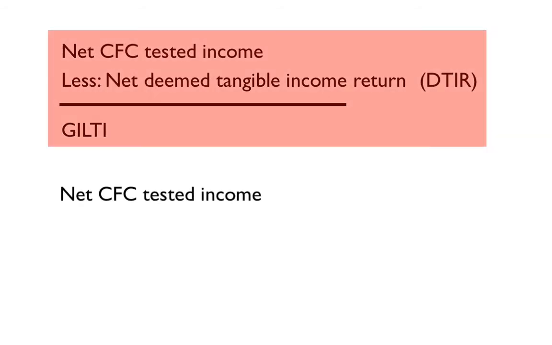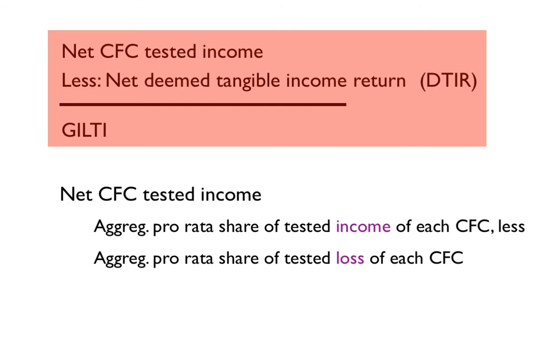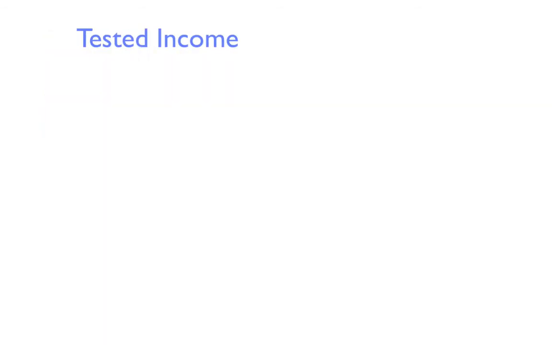Net CFC tested income equals the U.S. shareholders' aggregate pro rata share of tested income of each CFC, less the U.S. shareholders' aggregate pro rata share of tested loss of each CFC. If the U.S. shareholder only owns one CFC, then net CFC tested income will simply be the tested income or loss of that CFC. The tested income of a CFC starts with the CFC's total gross income less certain amounts,